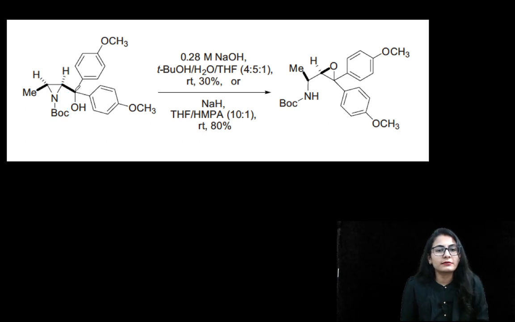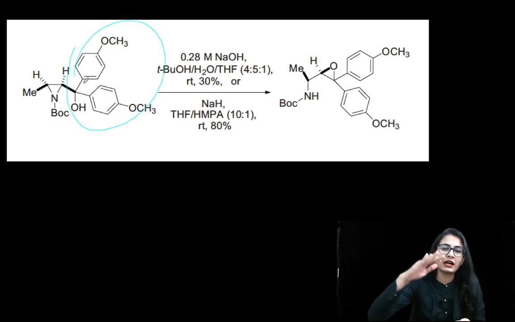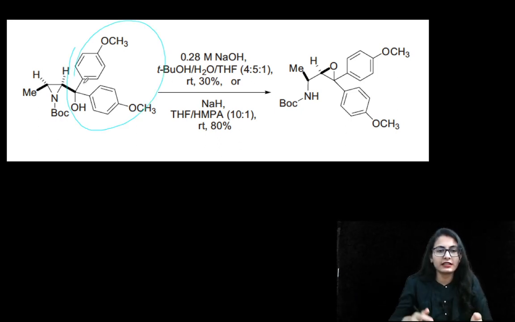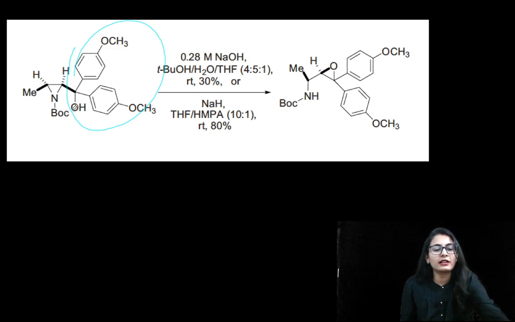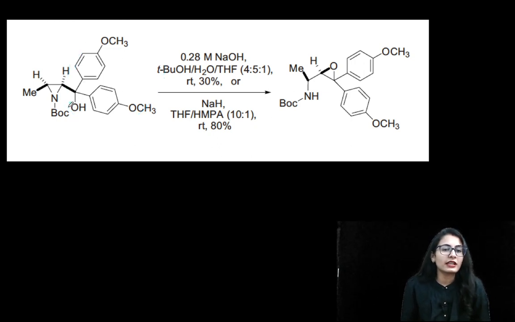See, the bond is present like this, it is already above, this whole group is present above the plane of the aziridine. And even if the hydroxide attacks onto this carbon, it is definitely going to be from above the plane, and this bond opens up very easily. So this is why the product is here.